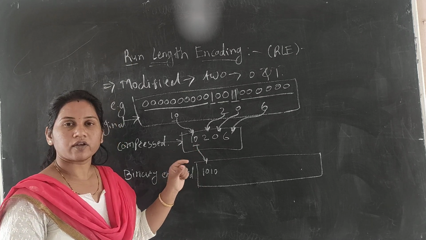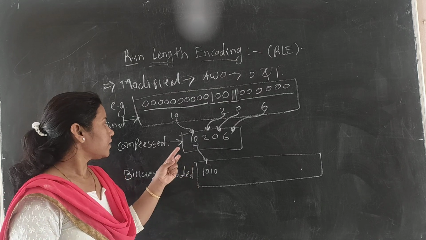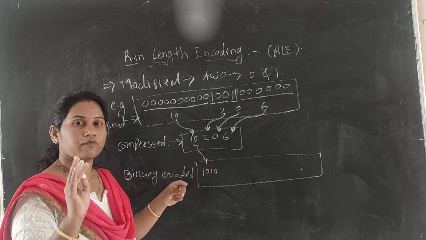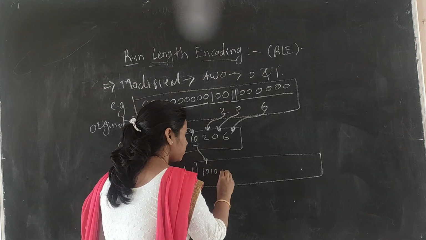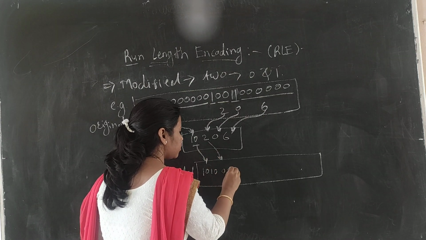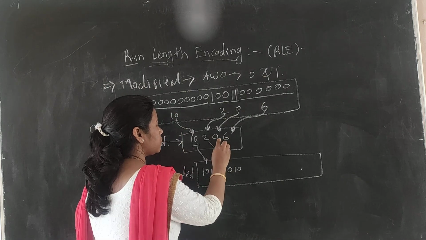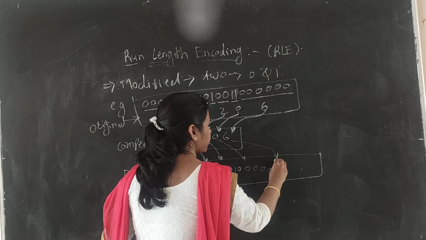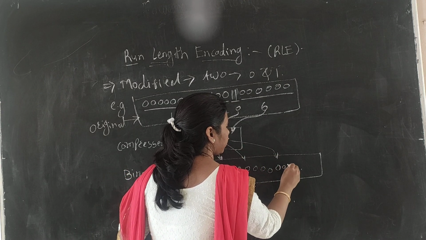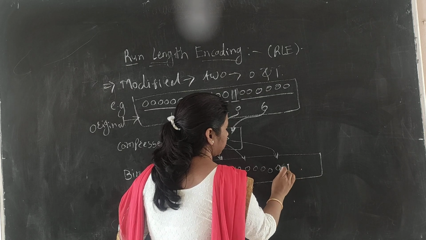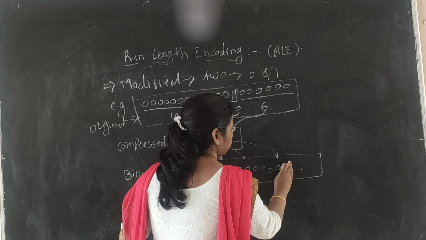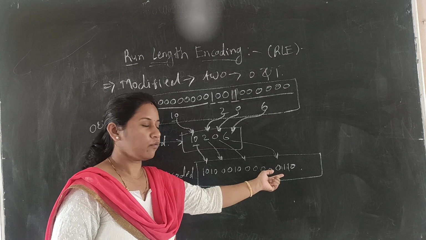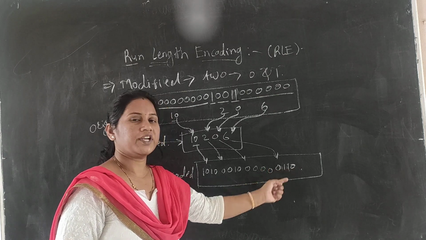2 we could represent using only 2 bits, but there is a fixed pattern. For each digit we have to use 4 bits. That's why we represent 2 as 0010. Then 0 we represent in 4 bits as 0000, and 6 we represent as 0110. It is 6, the equivalent of 0110, 4 plus 2 is 6.